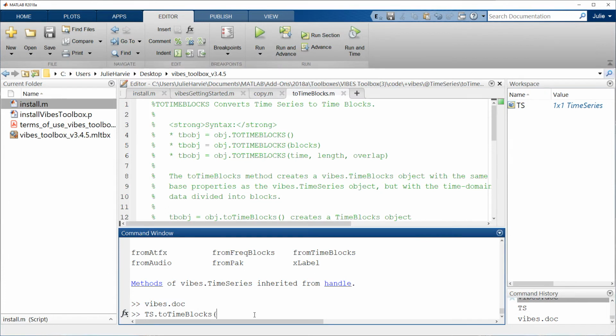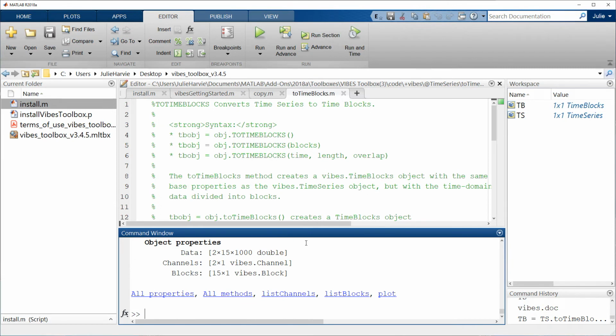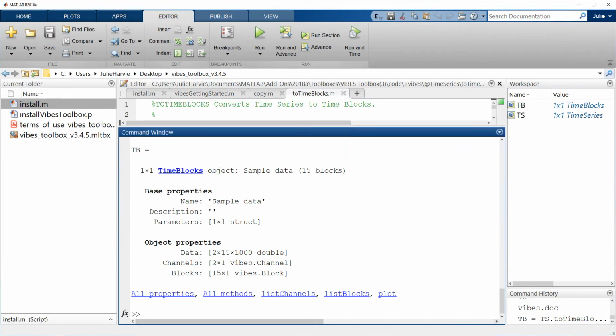Putting empty brackets as an input will select the entire variable. So this will operate across the entire time range of my time series. So running this line creates a TimeBlocks object that can then be further operated on. I won't go through the functionality in more detail today, but hopefully this provides a good overview of how methods can be applied to objects.